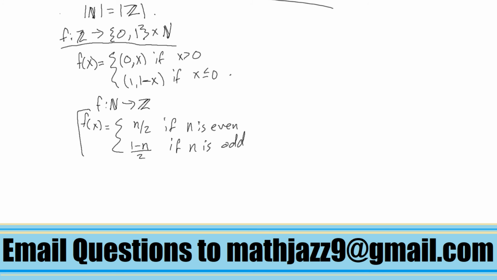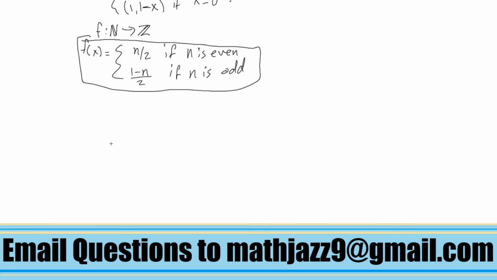I claim this is a bijection from n to z. If that's true, then we have our proof of the two sets having the same cardinality. So let us prove this. Injective. So if f of x equals f of y, then, well,